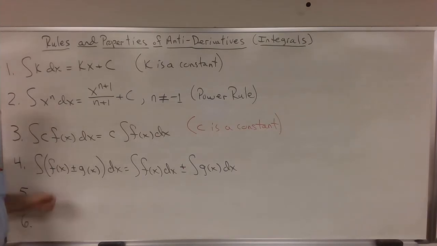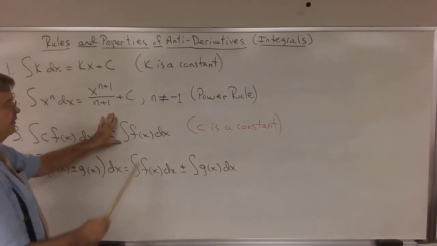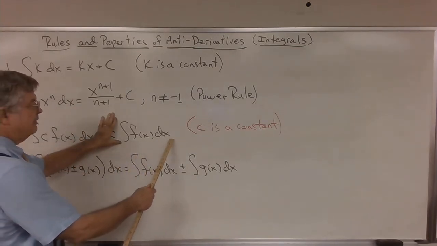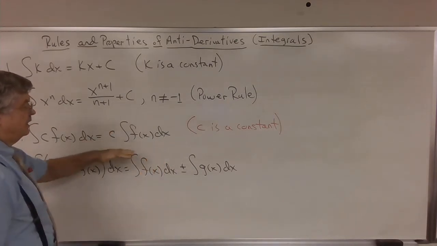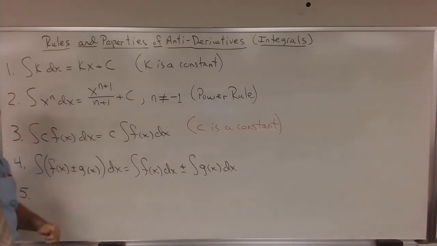And it tells us that if we're computing the antiderivative of a constant times a function, we can go ahead and write the constant down and then just go about the business of computing the antiderivative of the function. And when we're done, we can multiply the two together. It also tells us something else,